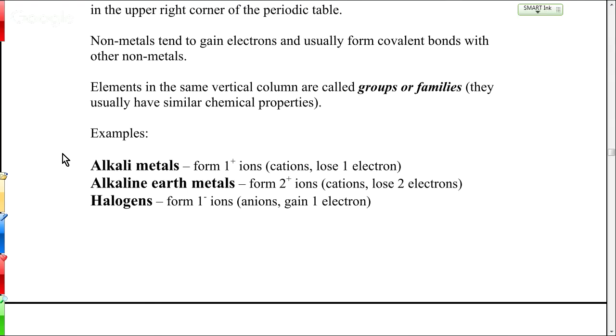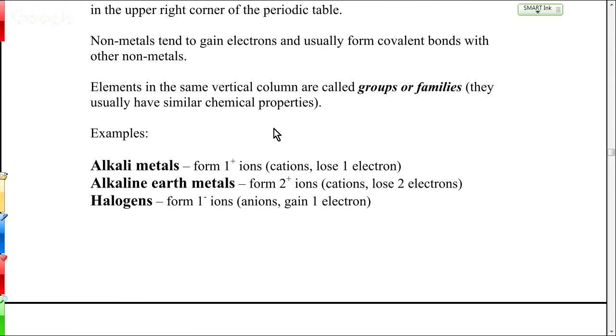So if you look at a more modern periodic table, you'll see both numbering schemes, like in your lab notebook here. You'll see the straight numbers across the top, and then the A and B column numbers across the bottom. Either one is fine. We'll see both of them. So column 1A up there are called the alkali metals. An important thing you should know about them: they form 1+ ions. They tend to lose 1 electron to form a 1+ ion. Did you know that already? Some people know that. Okay.